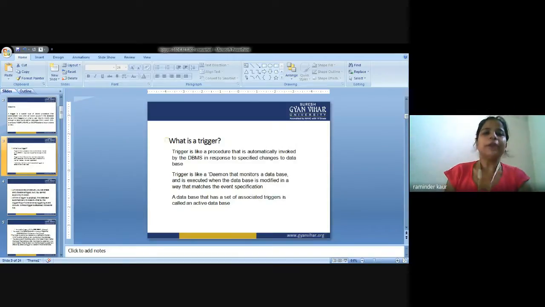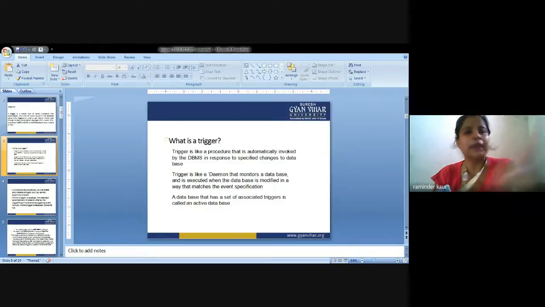So, for example, if your application requires or can benefit from customized messages and more complex error handling, then you must use a trigger. So next is DML triggers can disallow or roll back changes that violate referential integrity, that I have already discussed while I was discussing DML triggers. So DML triggers can disallow or roll back changes that violate referential integrity.